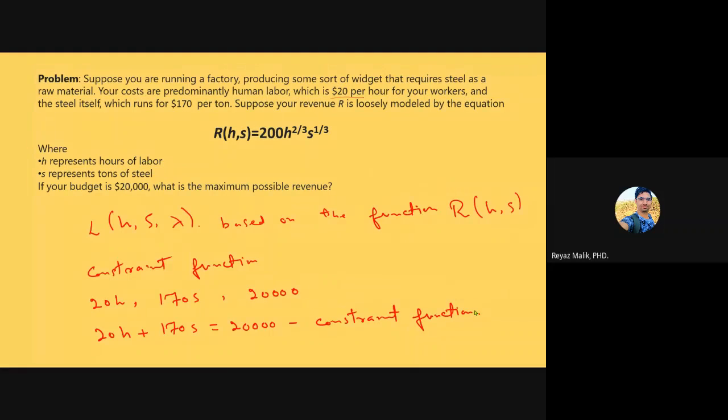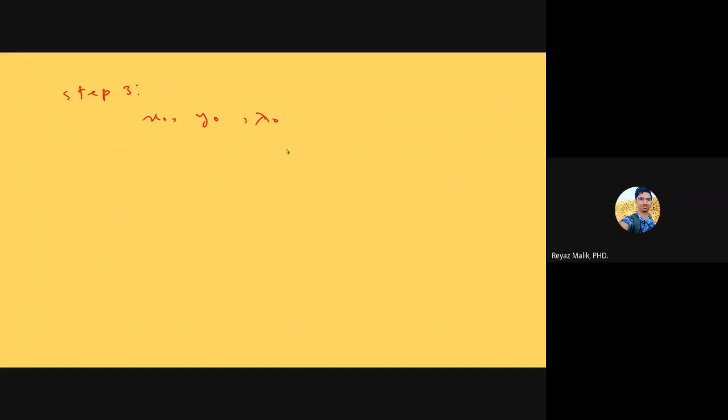Now, how to input this function and how to write the composite function. We have here the basic, or what is it called, the objective function. This is the constraint function. I will write it here, I will just erase it. So I will write the constraint and this. I will write the composite function. So what is our basic function? What is our objective function? The objective function is